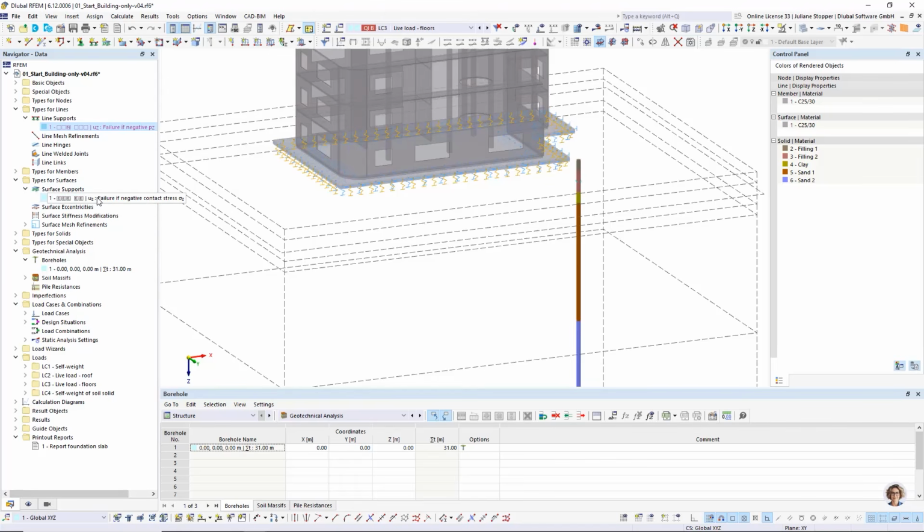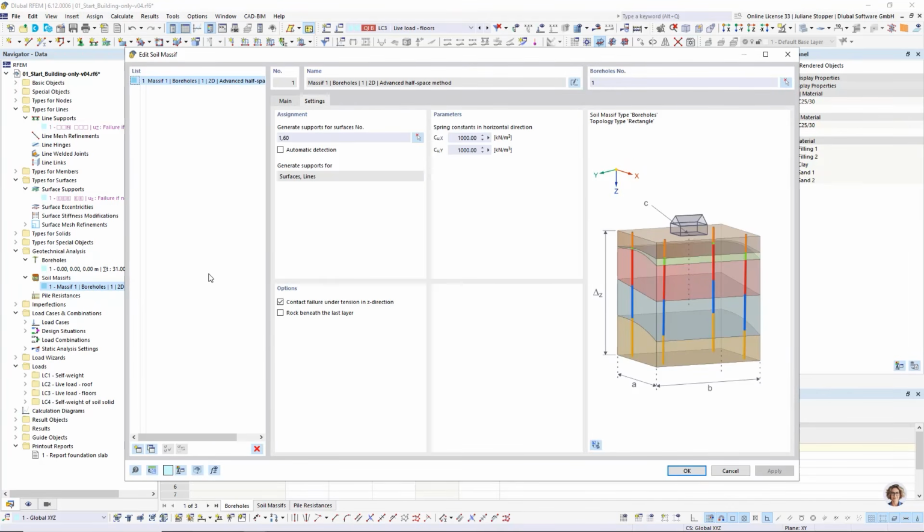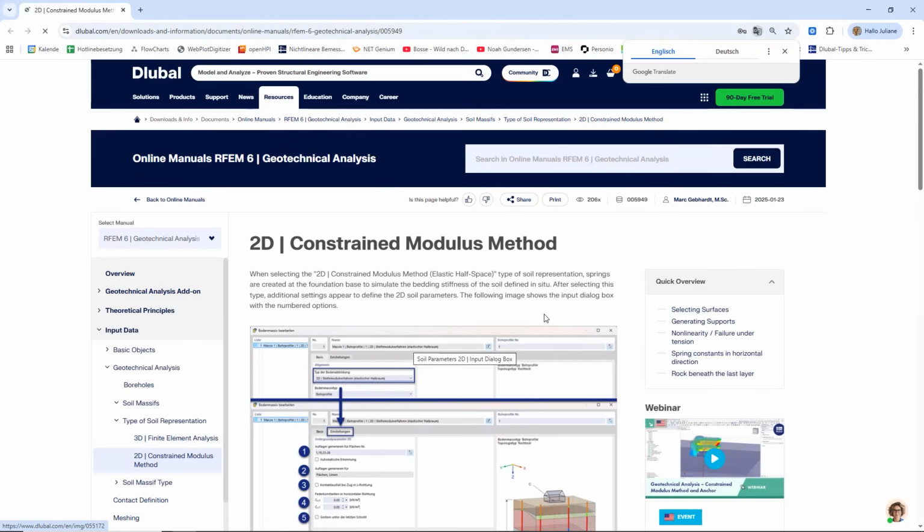Just as a small info beside, in the current state we have surface support and line support. One more thing, we can go back to the soil massif. I want to show you. If we go here in this setting, in our dialogs we generally have this button, and if you want to know about some of these settings and you don't remember what they mean, you can go here to our online manual, and here we provide